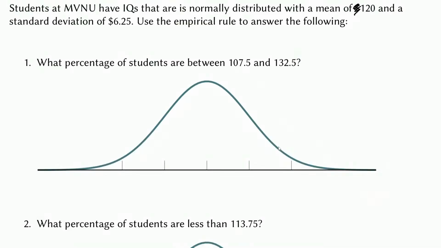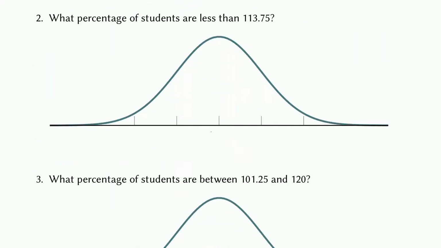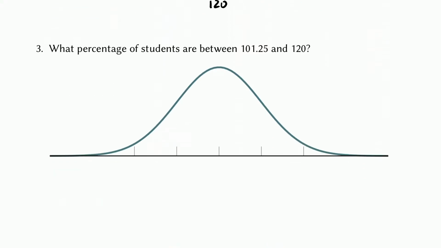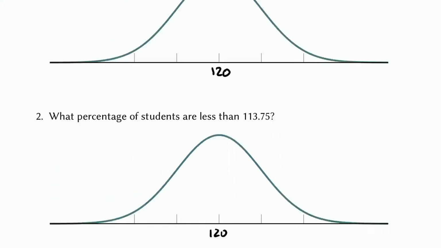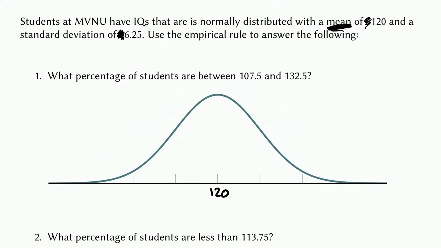Okay, getting back to this though. The first thing to do whenever you have one of these mound-shaped, what we're going to be calling normal distributions, is to actually take that mean and stick it in the middle. Humor me on this. Do it. Put a 120 in the middle. In fact, since all of these refer to the same situation, let's put 120 in the middle of all three of them.